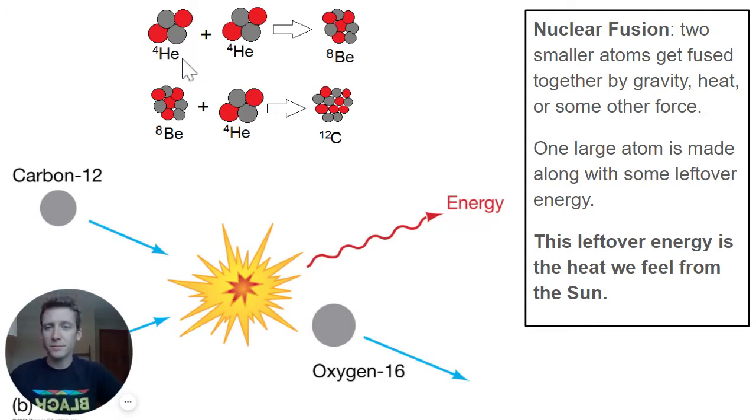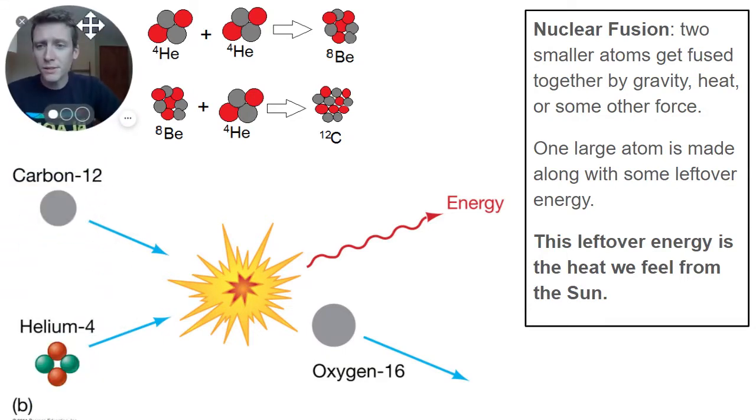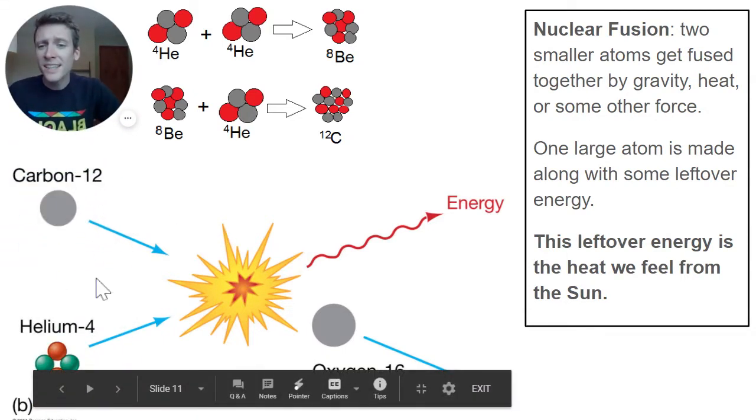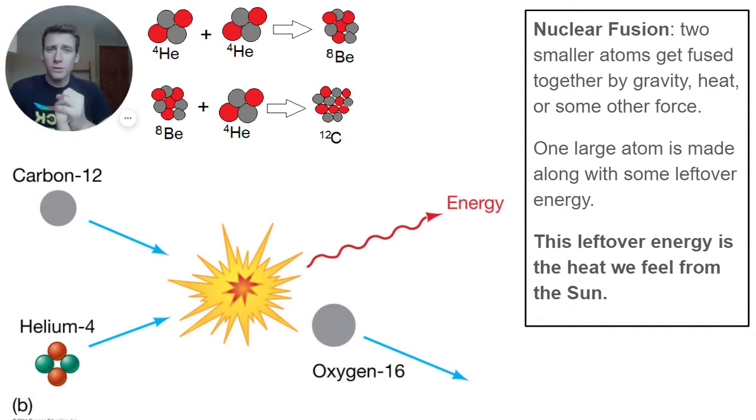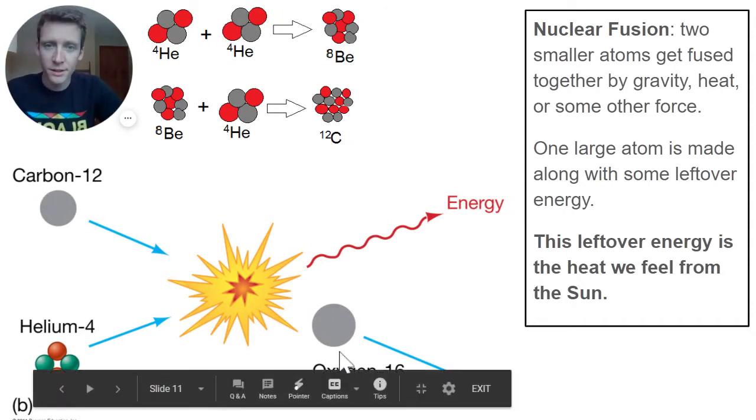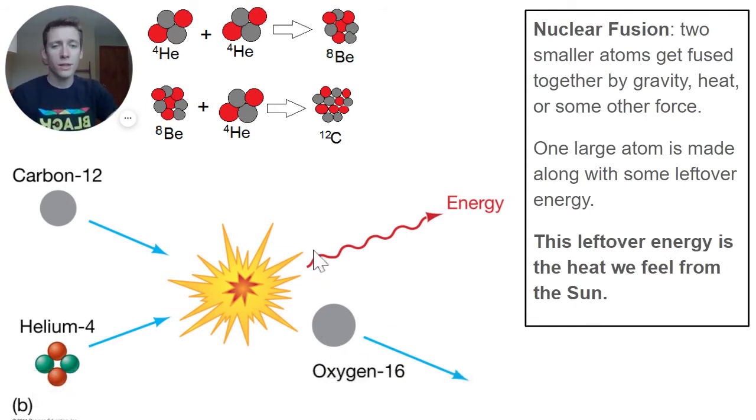As you can see here, helium and helium can get squeezed together in this process of nuclear fusion to create another bigger one, beryllium in this case. If there happens to be a beryllium and a helium in the core of the star, they get squeezed together. That could make carbon. Down here you can also see how carbon and helium getting squeezed together in the core of a star due to that tremendous force of gravity can create oxygen. This not only creates elements, but also it creates that leftover energy that we're talking about.